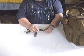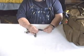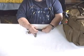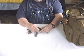Next, I have a multi-purpose tool. It's a whistle, cheap. You get them at Walmart for, I think, $5, $6. It's got a little compass built into it, magnifying glass. It's a little bit hard to get out, but